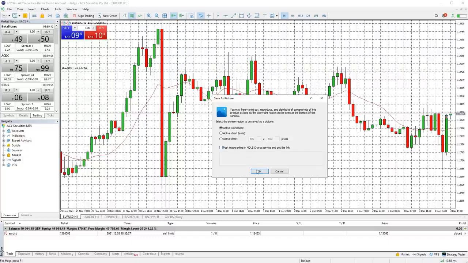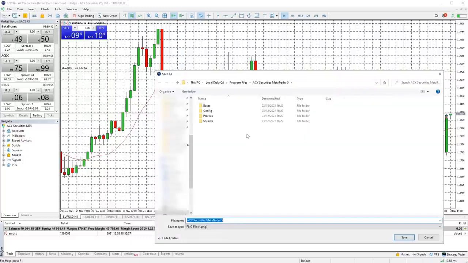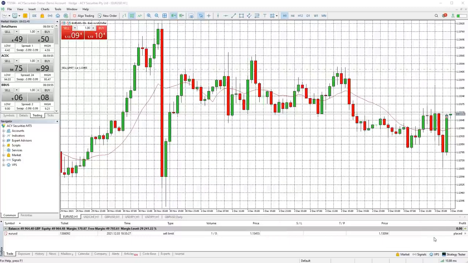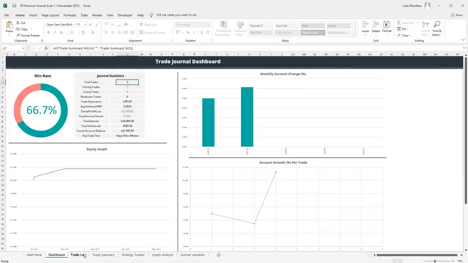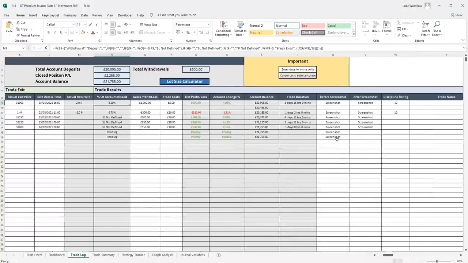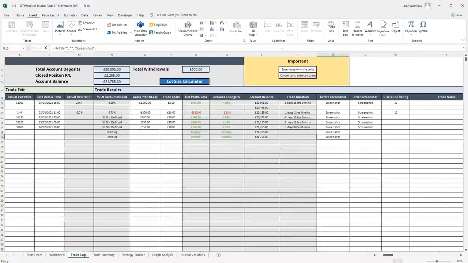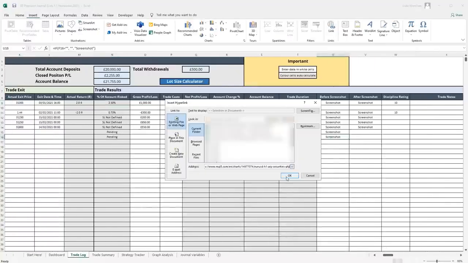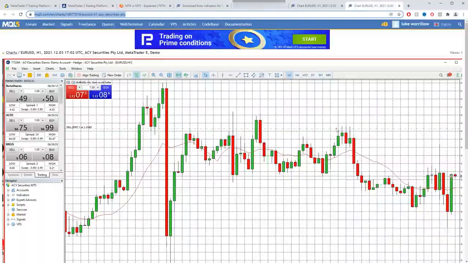Both these methods are very handy if you have a journal or are backtesting, as you can include the screenshots in both by either copying the screenshot web link into your journal or by inserting a link to the image on your computer. I'm showing you how this is done on screen now using both my premium journal and strategy